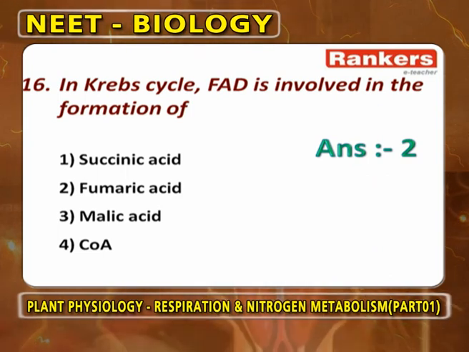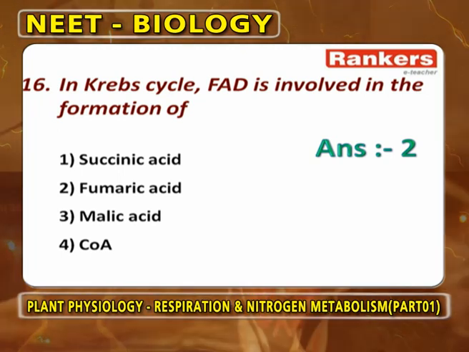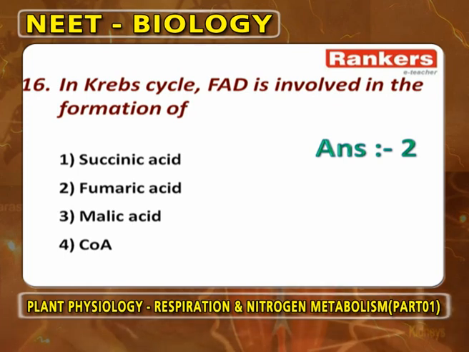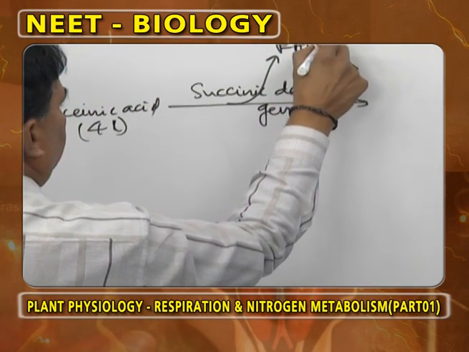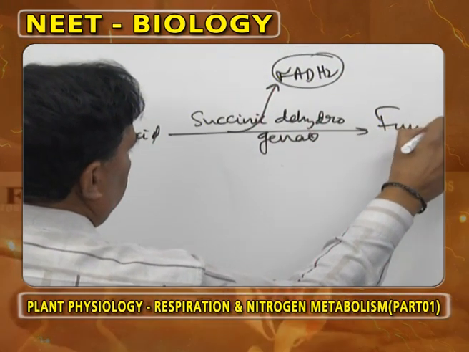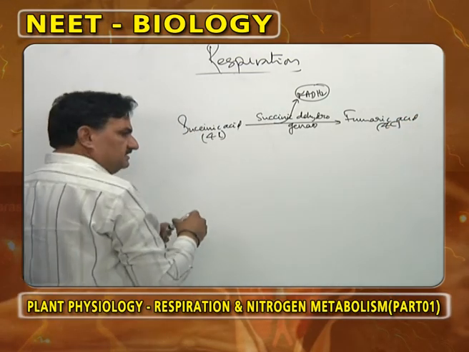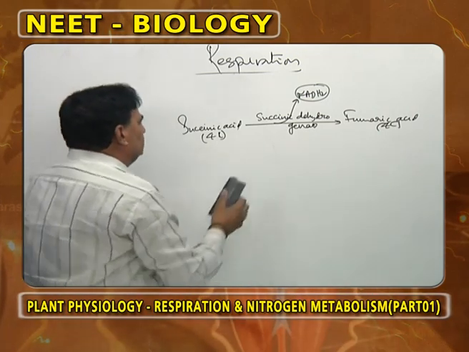In Krebs cycle, FAD is involved in the formation of, whenever succinic acid, a 4 carbon compound, undergoes oxidation in the presence of succinic dehydrogenase, one FADH2 is liberated and fumaric acid is formed. So, from succinic acid to fumaric acid, in the presence of an enzyme succinic dehydrogenase, FADH2